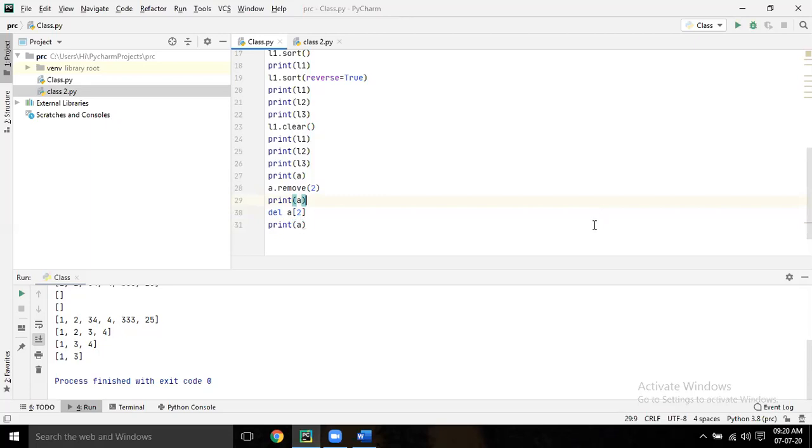Just comment the a dot remove. In the beginning, give a comment mark, a hash mark, before a. Run it.